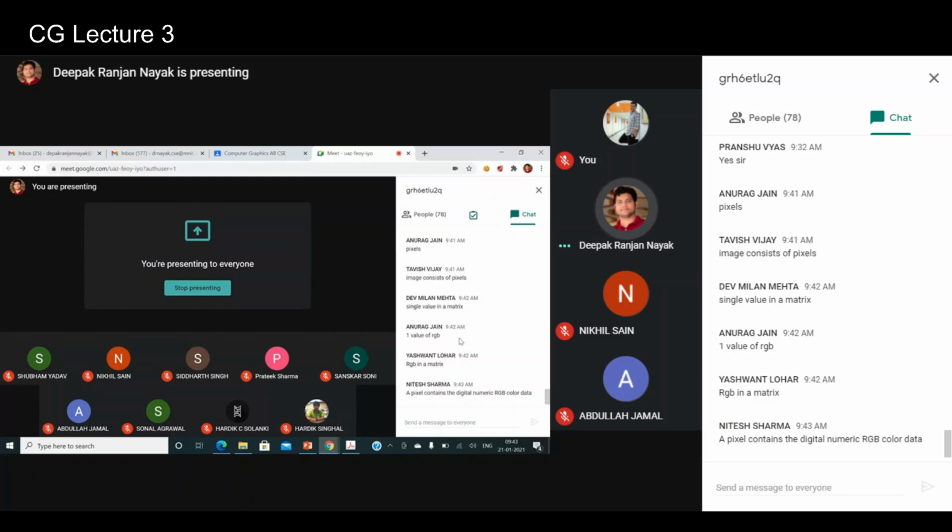Absolutely correct, fine. And what we are talking about is only the discrete case, right? We are not talking about any analog image, because we have to ultimately draw and process the image using a digital computer. So we are only talking about digital images, right? There are cameras with analog-to-digital converters which convert analog images to digital images.